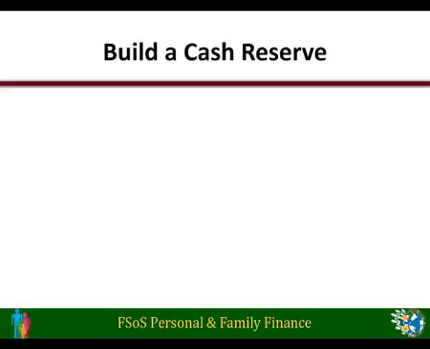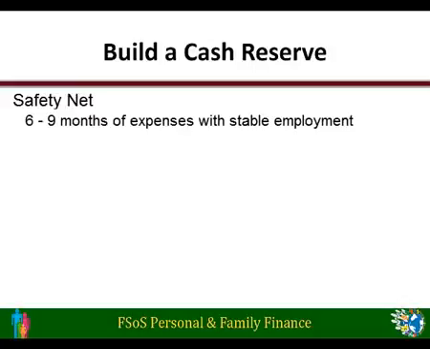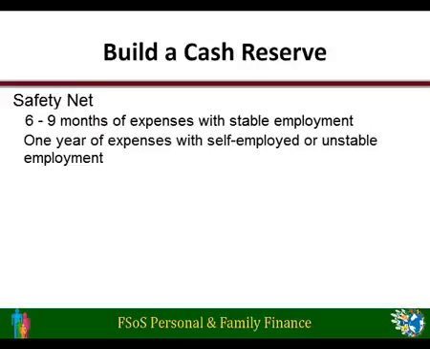Many Americans live paycheck to paycheck, having no cash reserve, which is sometimes also called an emergency fund. This is a safety net that's used when an unexpected expense pops up or something more serious arises. There is little consensus in the field about how much is enough. Recommendations range from the amount needed to cover 6 to 9 months of expenses if one is employed in a relatively stable job, but it could be up to 1 year or longer if you're self-employed or your employment sector is quite unstable.